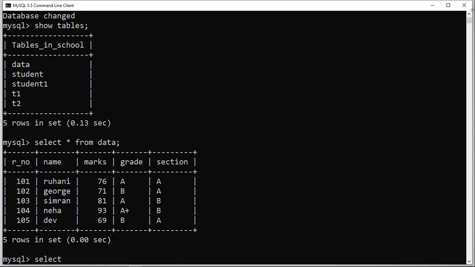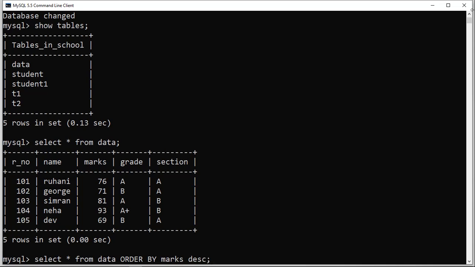Select asterisk from, and the name of the table is data, and then we use this clause order by, and then the name of the field, that is marks, and now we need to mention DESC also, because this is going to create the descending order.